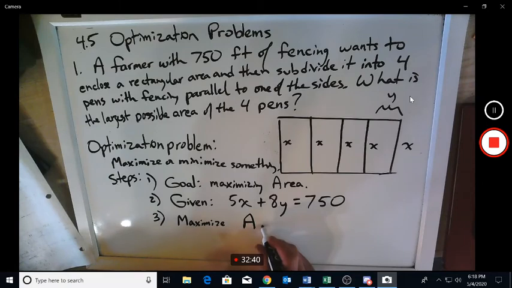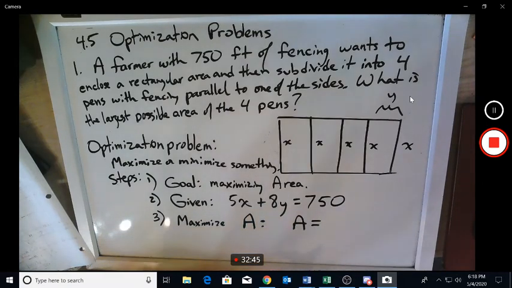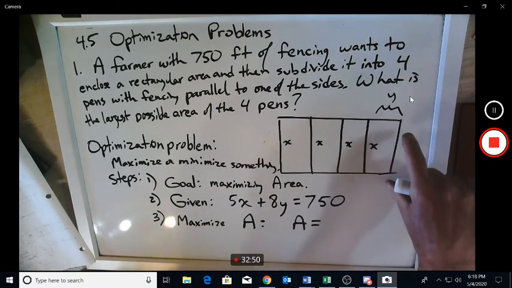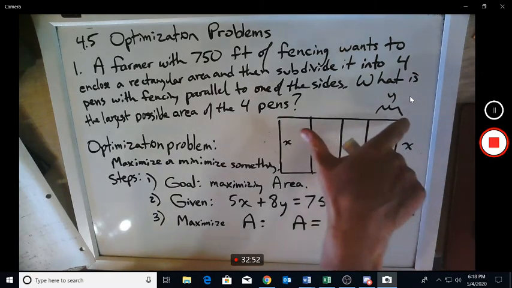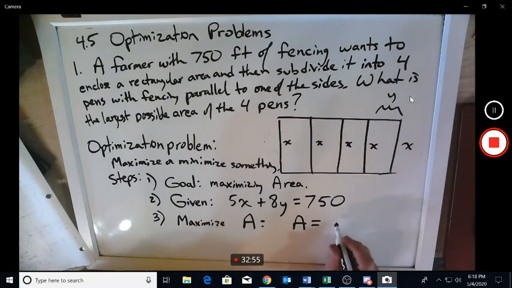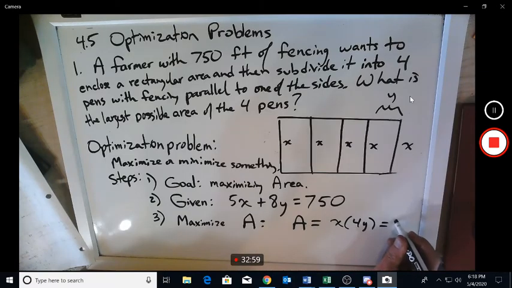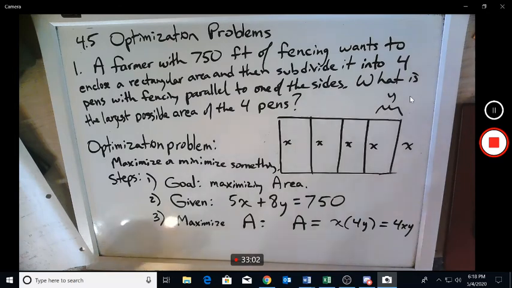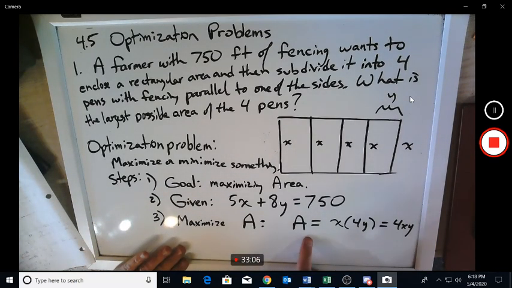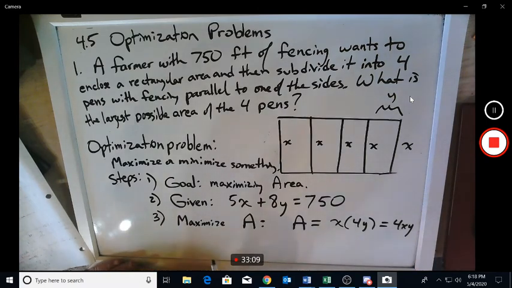But we need an equation for A. And according to this picture, the A is, well, it's a rectangle. It's the width times the length. And so it's x times 4y, or 4xy. So we write down what we're trying to do. We're trying to maximize this. Now, in this equation, A equals 4xy,